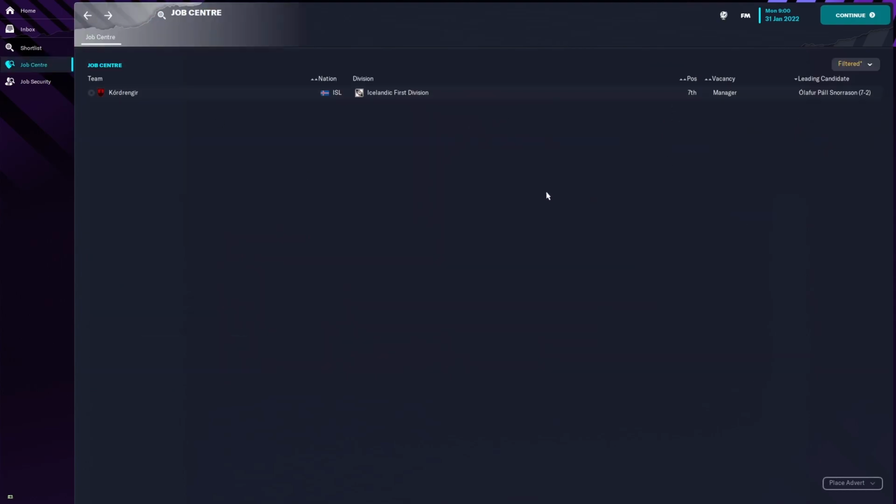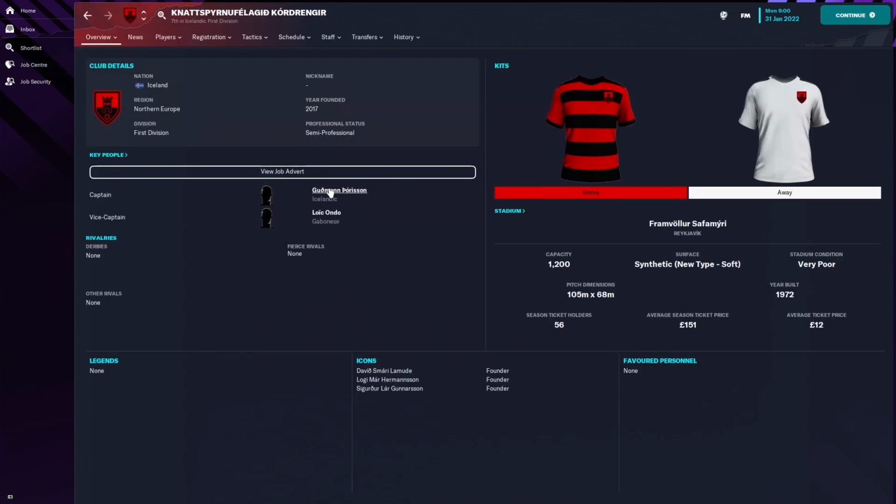But the only job available at the minute, now, huge apologies, Icelandic names, I'm not going to be able to pronounce them, 100% not going to be able to. It's Kordrengir, but if we have a look at their actual full name, you've got absolutely no chance of me ever saying that. They're a club that are only actually 5 years old. Yeah, they're only 5 years old. In terms of the history,